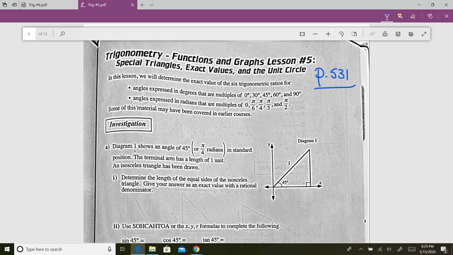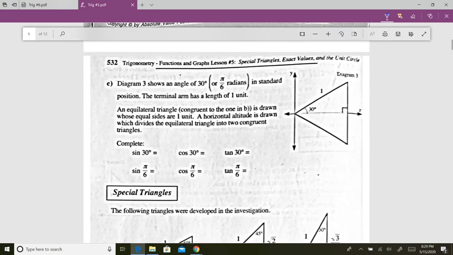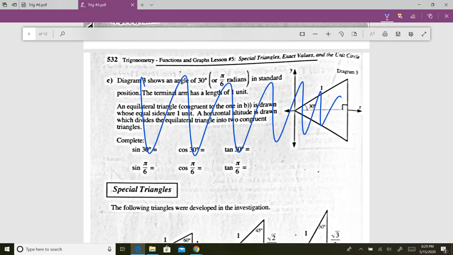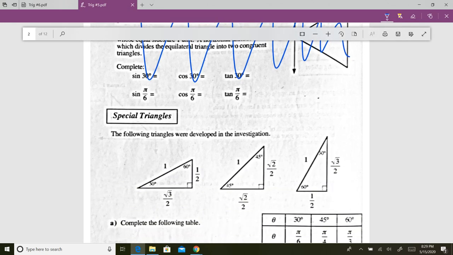Page 531, we're going to skip past the first page. Second page, they make this overly complex. These are the special triangles. I don't write them that way. Those look more complex than they need to be. So we are going to start with